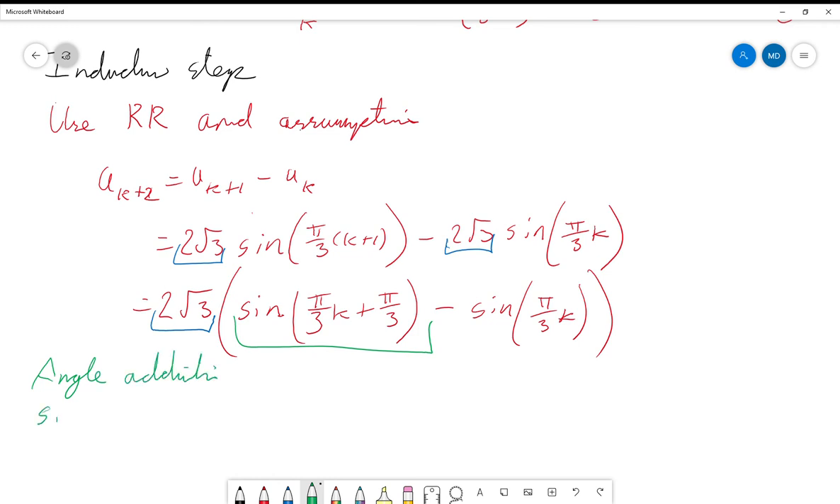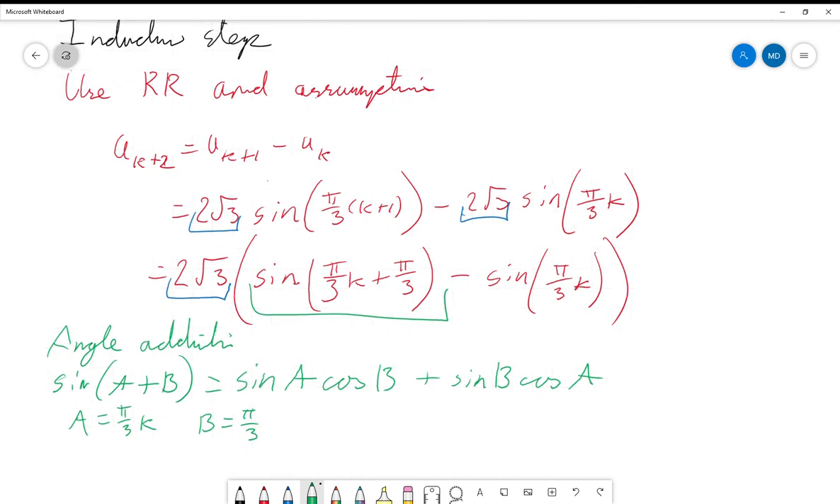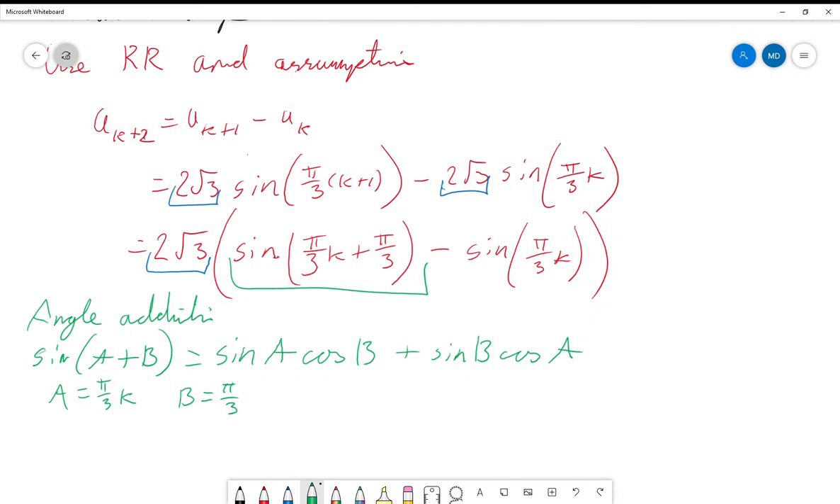Which is that we have sine of a plus b is going to be equal to sine a cosine b plus sine b cosine a. But in this case, we have a equals pi over 3k and b equals pi over 3. And this will allow us to split it up into a form that's more manipulatable. And so that green part is going to become